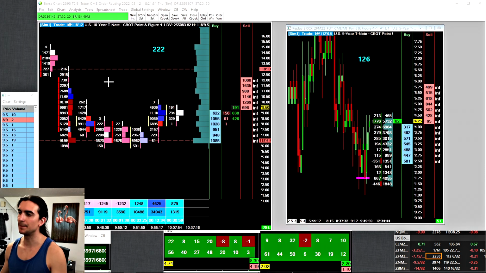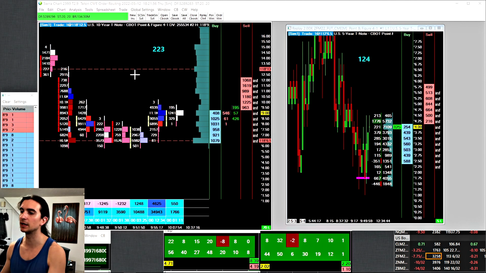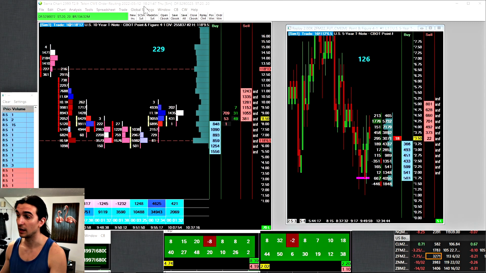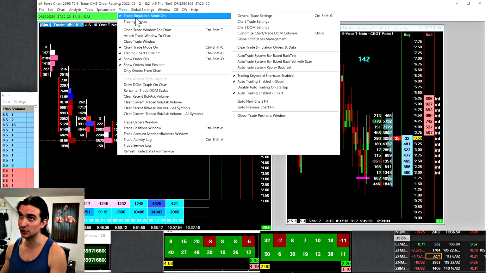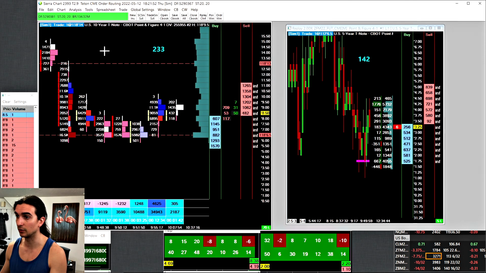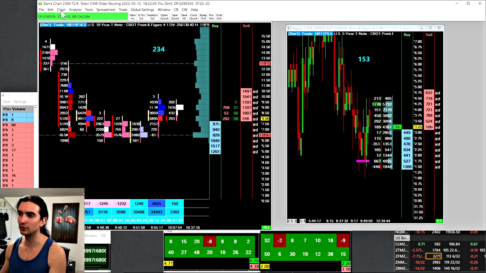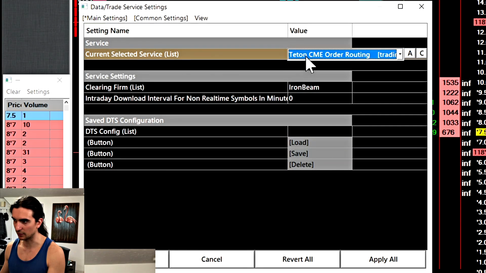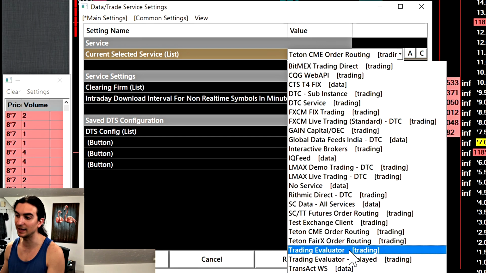Okay, so I wanted to give you guys a bit of context around how I'm going to approach this demo trading period and how I'm going to gauge my progress and all of that. The first thing is that I'm going to be using the demo trade service that is available with Sierra Chart. Now, there's a couple ways you can do this. In Sierra Chart, you can enable trade simulation mode, but the issue with trade simulation mode is that sometimes when you do market replays, the trading information can be sort of deleted away, and I'm not totally sure of it. What I do know is that the best way to do simulated trading with Sierra Chart is actually to connect to their trading evaluator service.